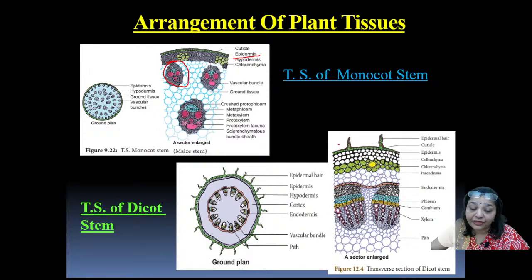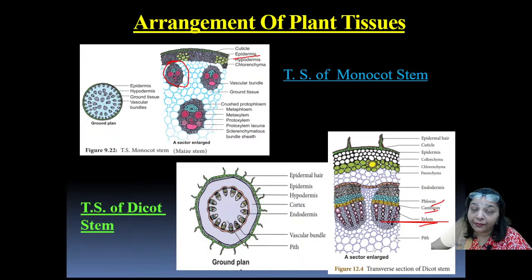Now in the dicot stem you can see the surface tissue, which is epidermis, having certain epidermal hairs sometimes, and the ground tissue which is made up of collenchyma and the parenchyma tissues. You can also see the vascular bundles made up of the xylem towards the inside, towards the center of the stem, the phloem facing the outer side,